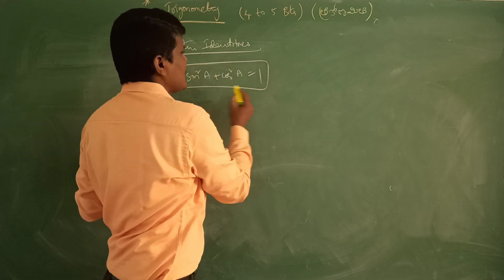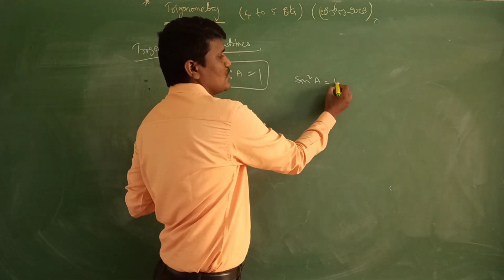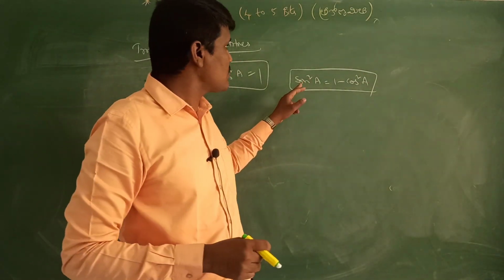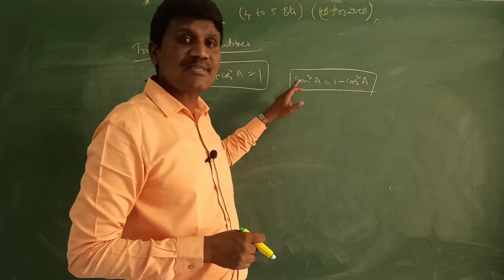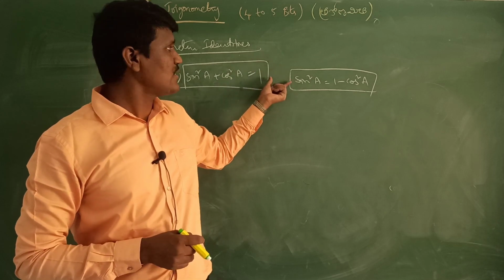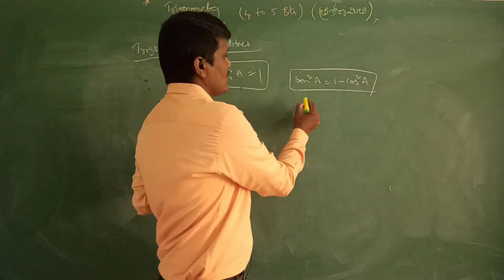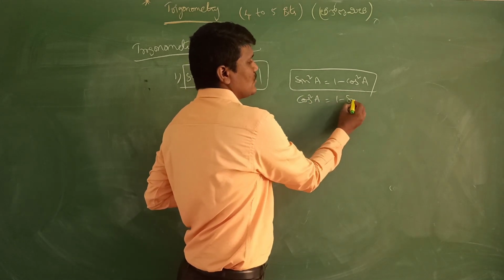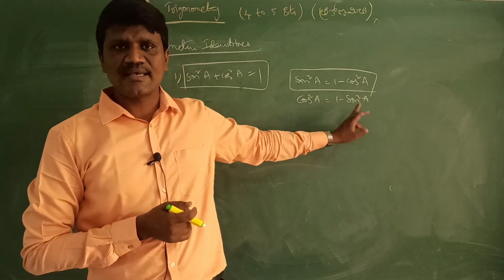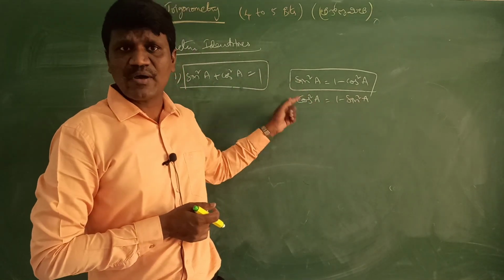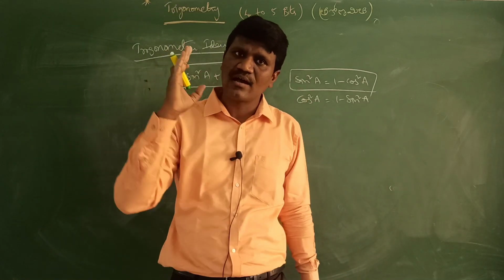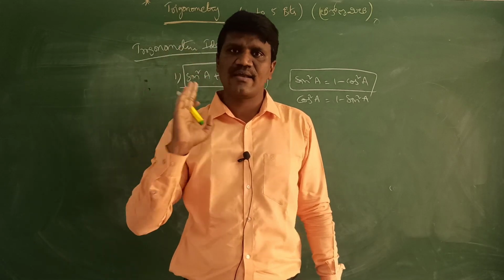This you can even write as sin square a is equal to 1 minus cos square a. You should remember while doing the problems, wherever 1 minus cos square a is there, we will substitute sin square a. How has it come? I am sending cos square a to the right hand side. So I got sin square a is equal to 1 minus cos square a, or cos square a is equal to 1 minus sin square a. So these three formulas you should remember. Though these two come from this one only, remember sin square a is equal to 1 minus cos square a, and cos square a is equal to 1 minus sin square a.